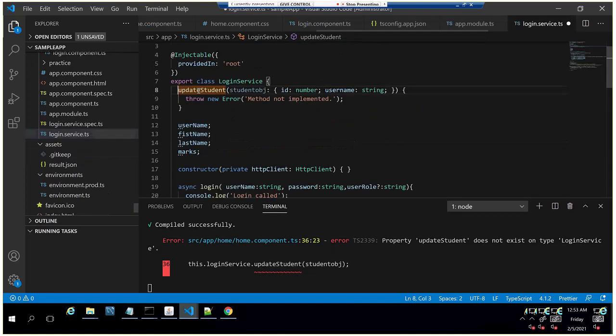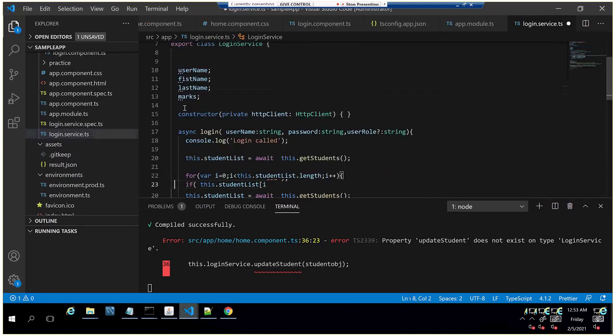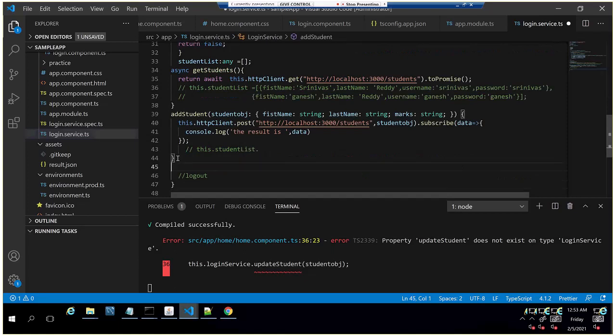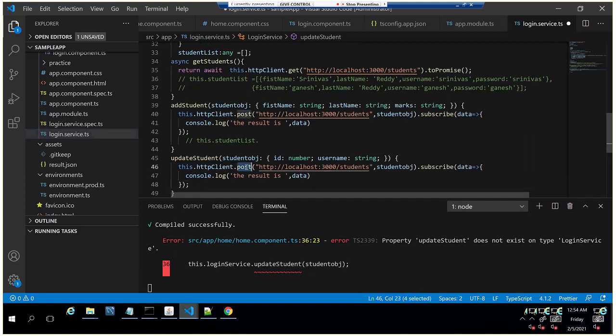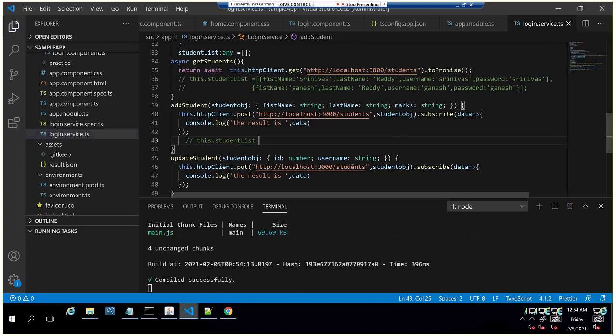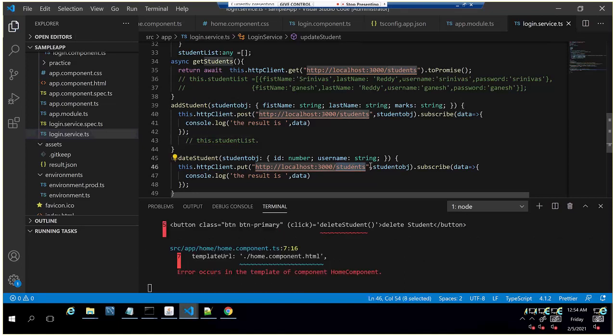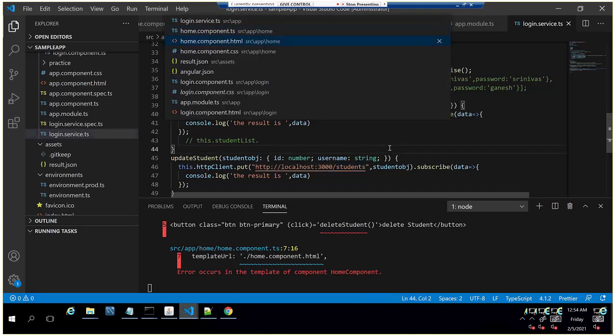Created here. What I'll do is I'll copy this to the bottom of the page where we have created this. Now in a similar way, http.post, instead of post, I'll use put method so that it will understand that this is an update call for the specific record. This is put method, and the object there. We have created another one, delete student.